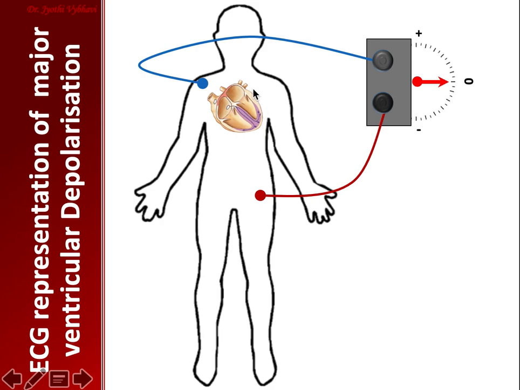So the whole of the ventricle is depolarizing, from endocardium to myocardium, myocardium to epicardium, and the vector, if it is represented, is downward and leftward, and it is picked up by the ECG machine. Can you see the needle fluctuation now? It is a very fast and very big fluctuation, because it is the myocardium, a major electrical event.